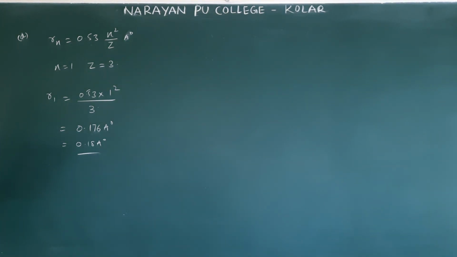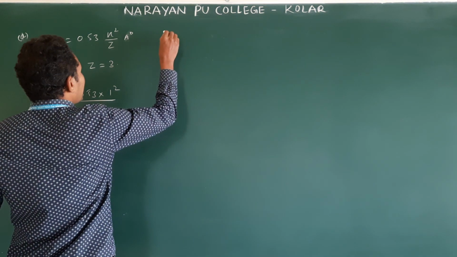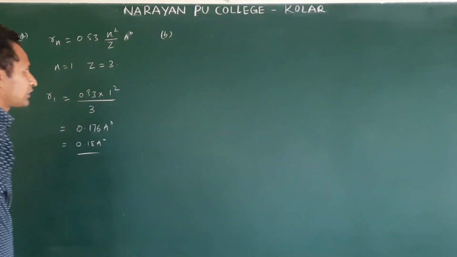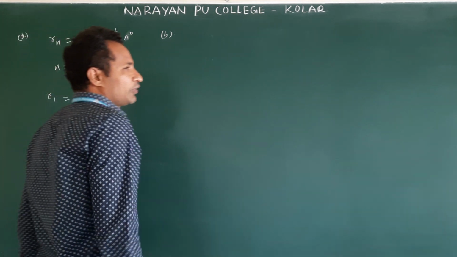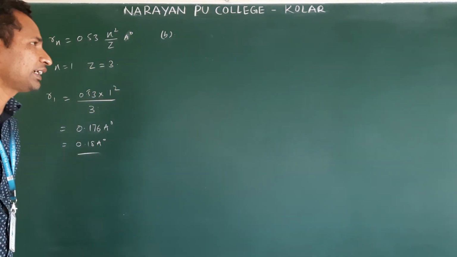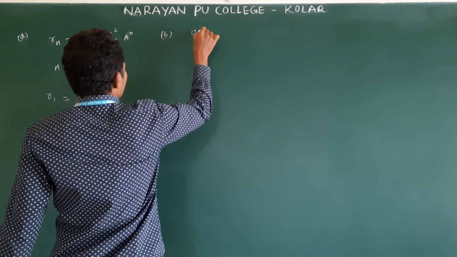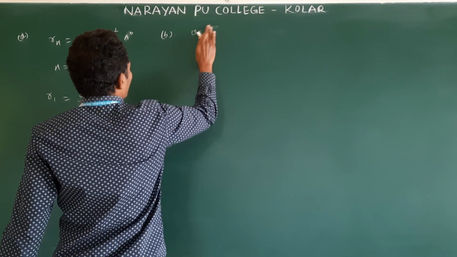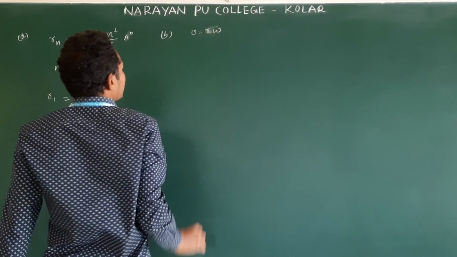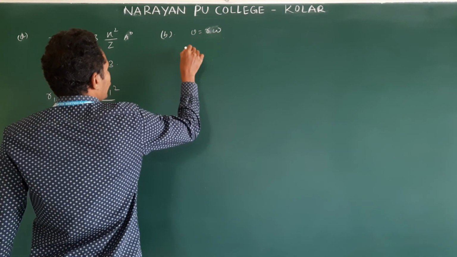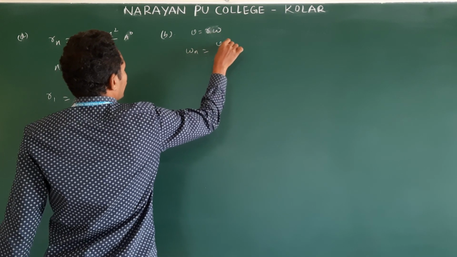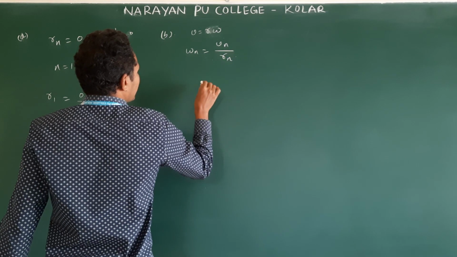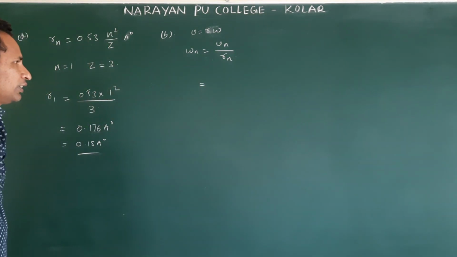Find the maximum angular speed of the electron in a hydrogen atom in a stationary orbit. They are asking for the angular speed in a stationary orbit. What is the relation between linear velocity, angular velocity, and radius? The general formula is v is equal to r omega. Are they correct or not? So they are asking omega, the angular speed. So omega n is equal to Vn by Rn. Am I correct or not?